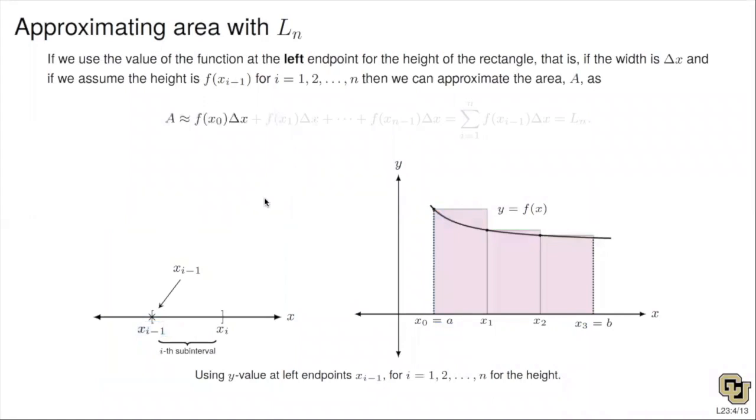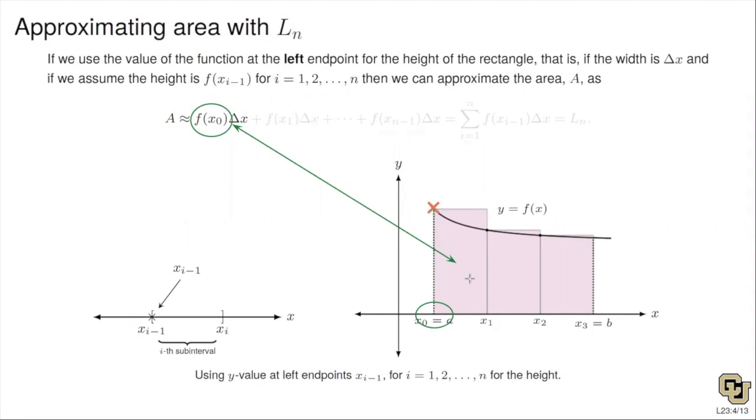And then we can calculate the area. So here, look, this is different. On the previous slide, we had f of x1 times delta x. Here I have f of x sub 0 times delta x, because I'm using the left endpoint and the y value at the left endpoint,